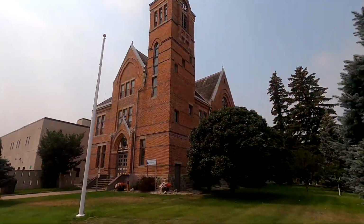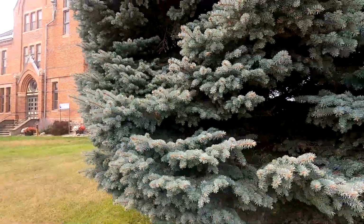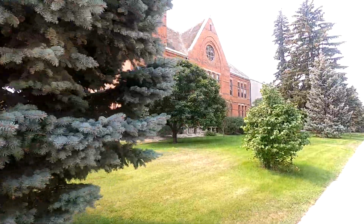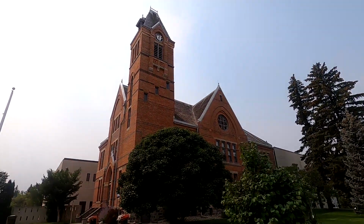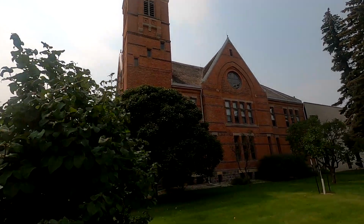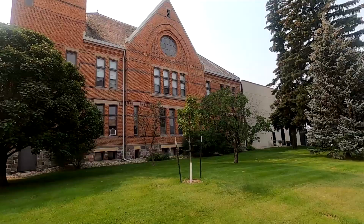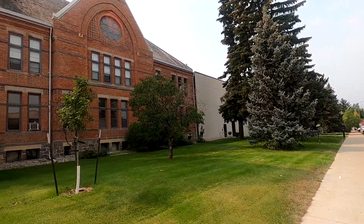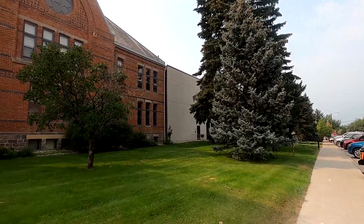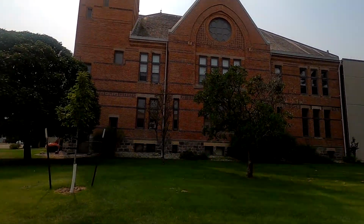All right. So here's a little view from the angle, a little bit further back than where I was. Go around this great big pine tree, and I mean, this thing is huge. And here's the side of it. And you can see that big old tower. There's the clock up there on the top of it, hopefully. And here's the whole side of it. Now right back here, connected to it, is where they decided to build the new courthouse, jail, the whole nine yards. So at least they were smart enough to give in and save this thing,